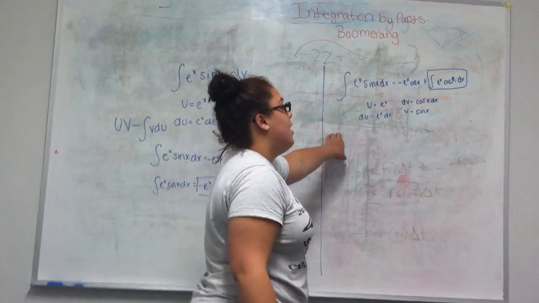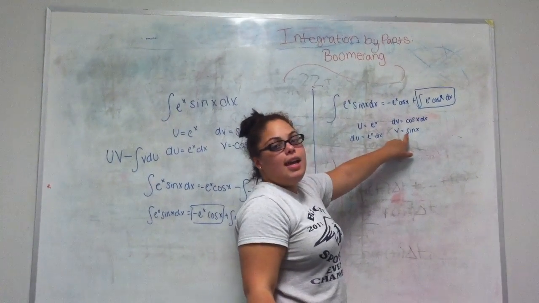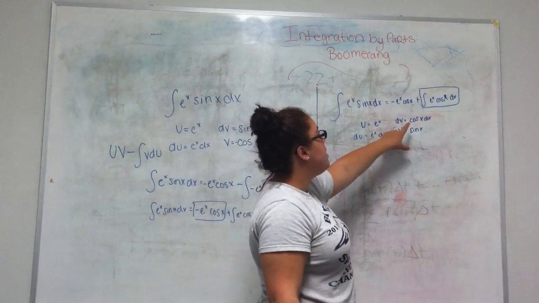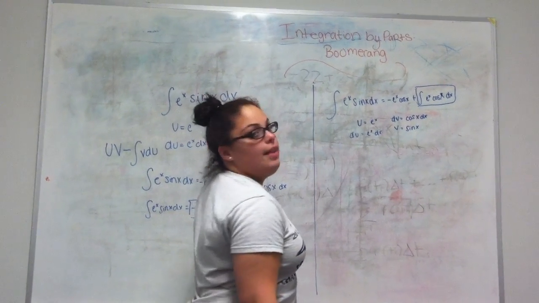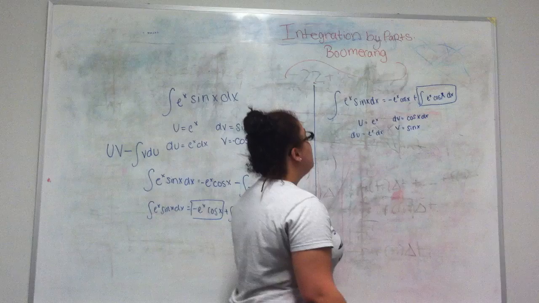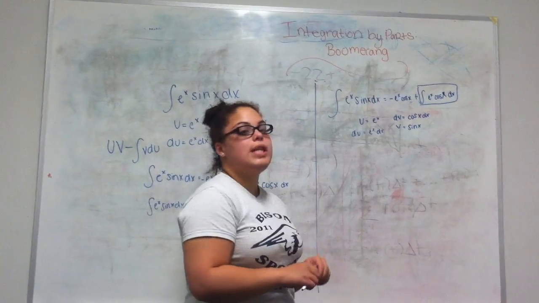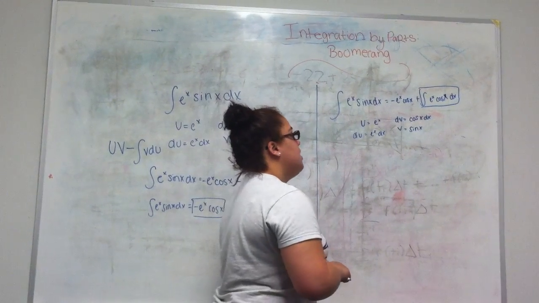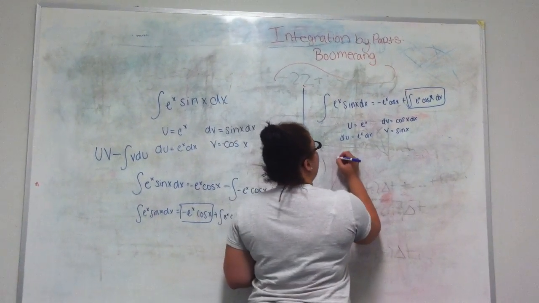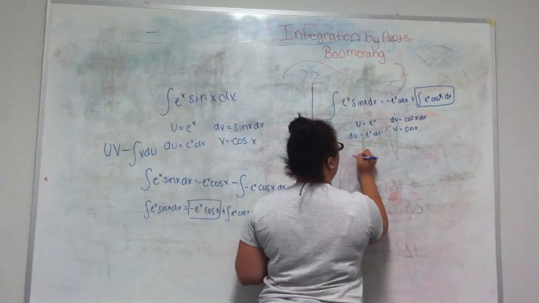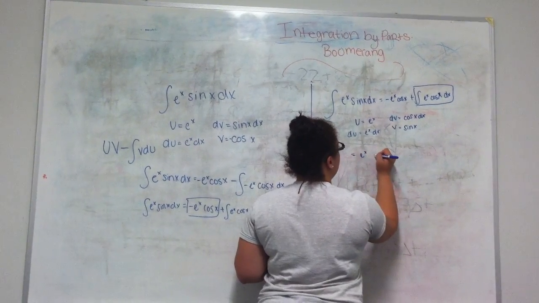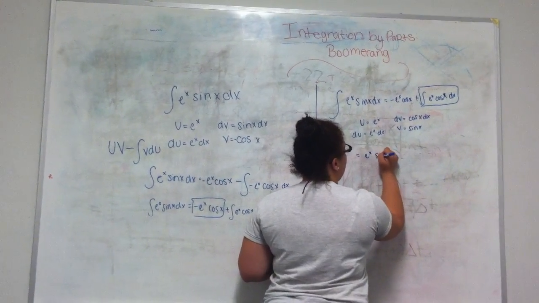Lo and behold, we find our simple antiderivative of cosine gives us back a sine that we began with. So we plug this back into the original formula that I gave, which is u times v minus the integral of v du. So we take our u, which is e to the x, times v, which is sine of x,